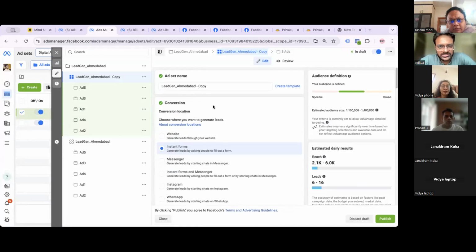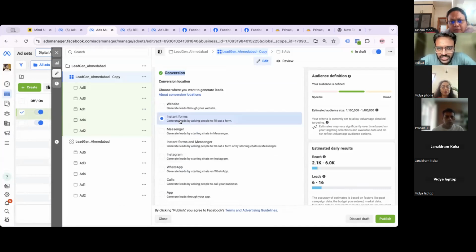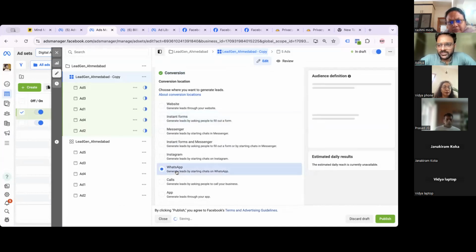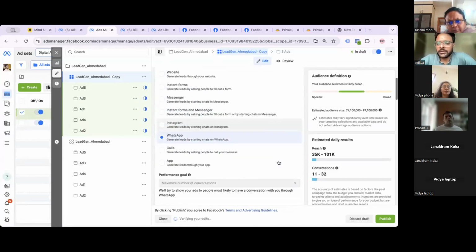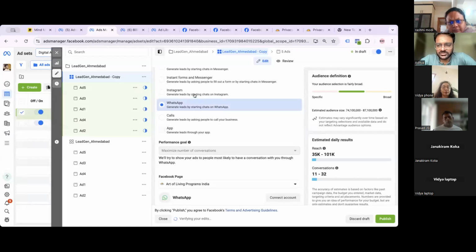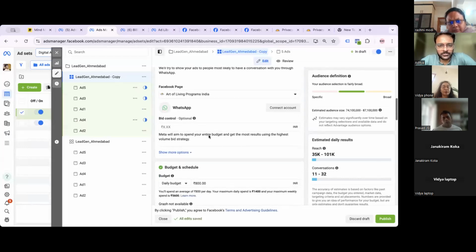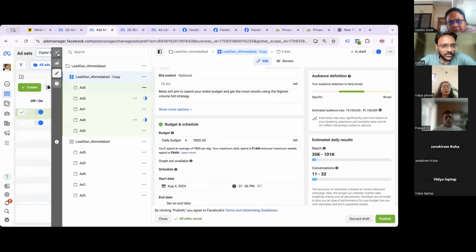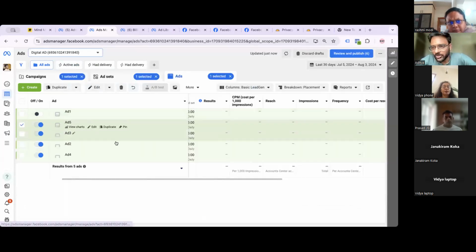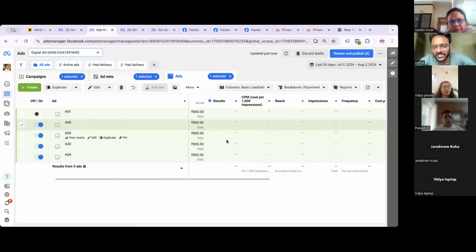So when you create this ad set, right, there is an option where in the conversion section we selected instant form. So instead of selecting instant form, you can select other things also like website, messenger, instant forms and messenger, and WhatsApp also. So when you click on WhatsApp, basically they will be taken to WhatsApp, and they can start a conversation on WhatsApp itself. So you can even try with this also, but I have not tried this feature as frequently because